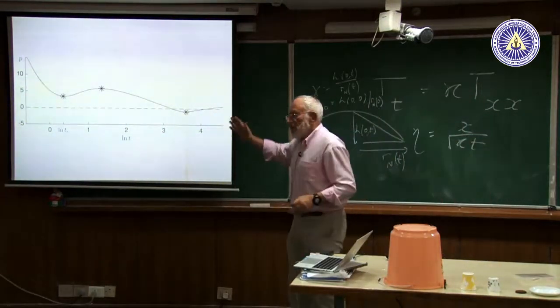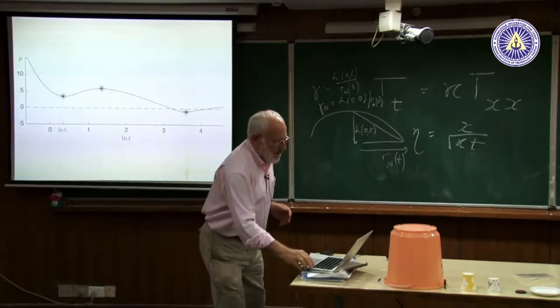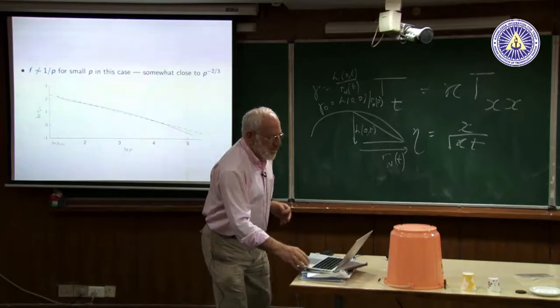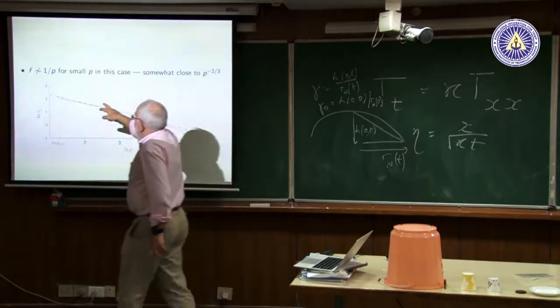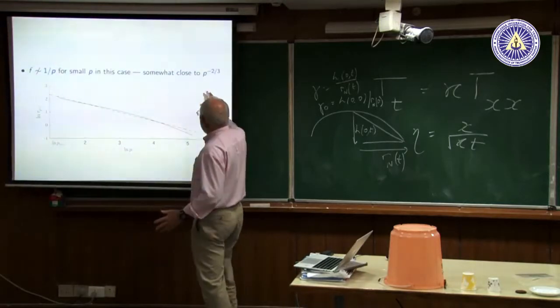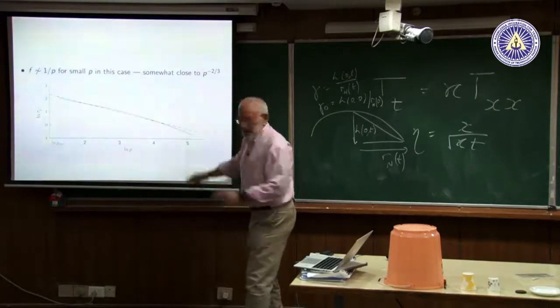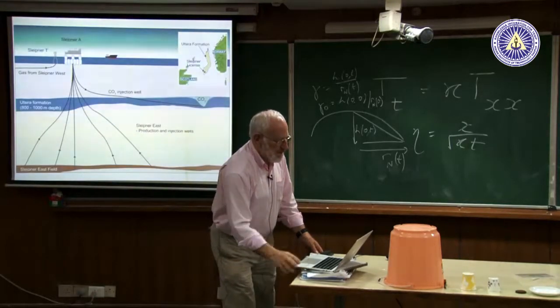And so there must be a lot of problems. What makes one or the other, I don't know yet what they are, but there must be quite a lot of different problems. And it doesn't go like 1 on p, and it doesn't go like anything simple. It's closer to p to the minus 2/3, and I'm sure there's still something to be done here. But that's really quite a different case.